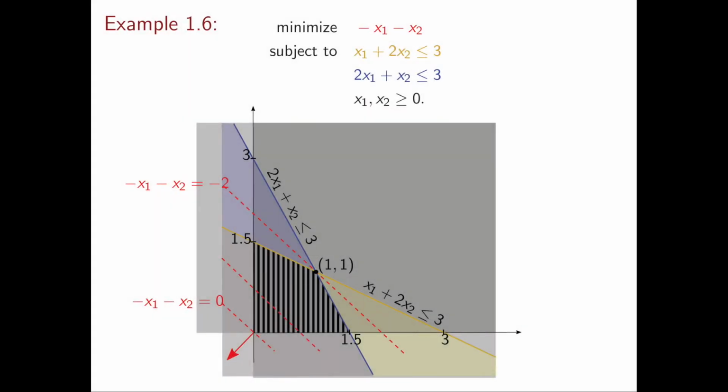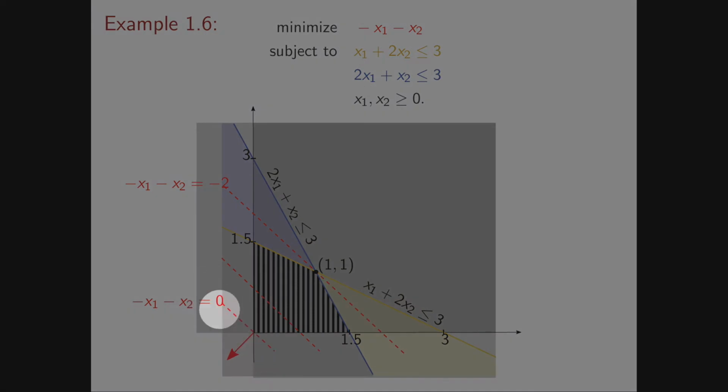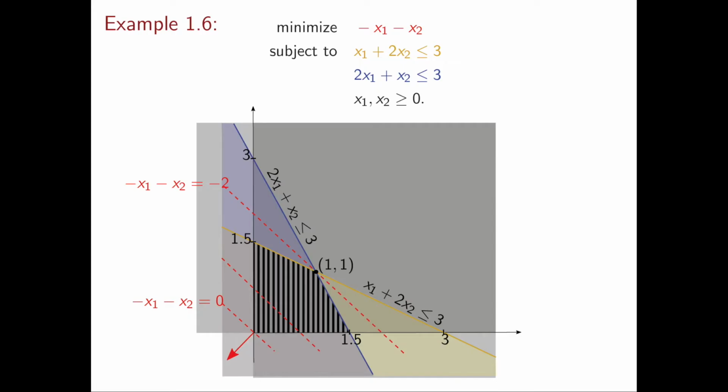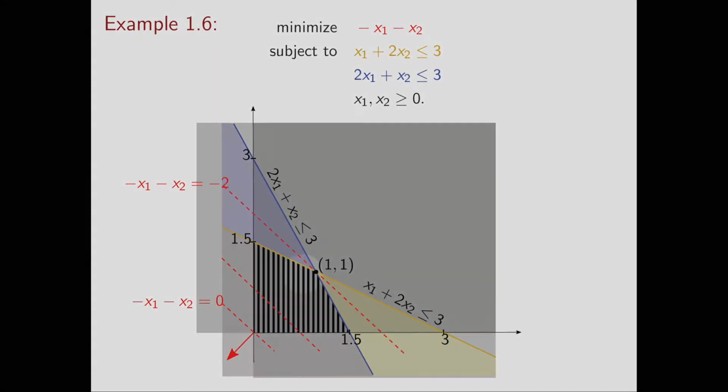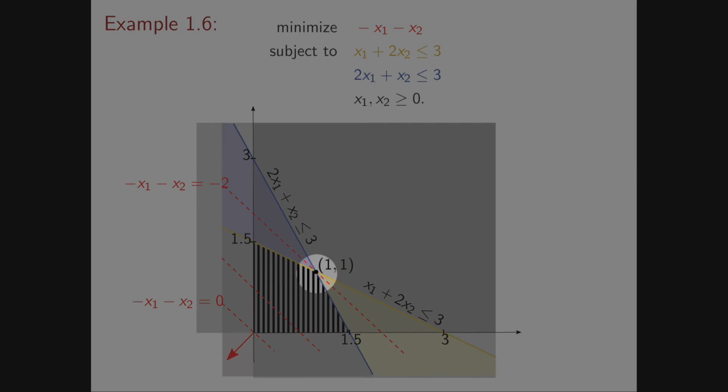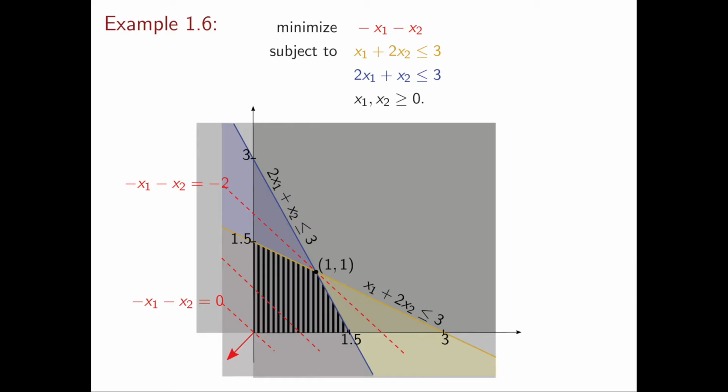So geometrically what we're doing is we're shifting this red line as much as possible in the direction opposite to the arrow, so in this case essentially up, and we should stop exactly when we are about to leave the feasible region. So when the intersection between the red line and the feasible region is about to become the empty set,